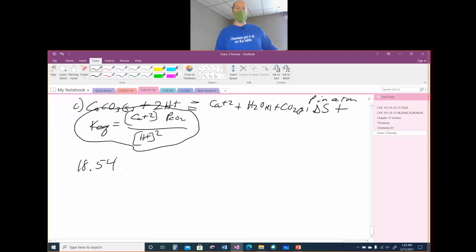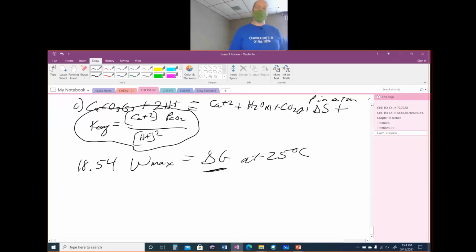Problem 18.54, maximum work. So work max is equal to delta G, and so we are looking for the delta G. We're at 25 degrees Celsius. Since we're at 25 degrees Celsius, we can get the delta G of the given reaction by doing products minus reactants. We don't have to get delta H and delta S. The first thing we want to do is find the delta G, but then we want that for